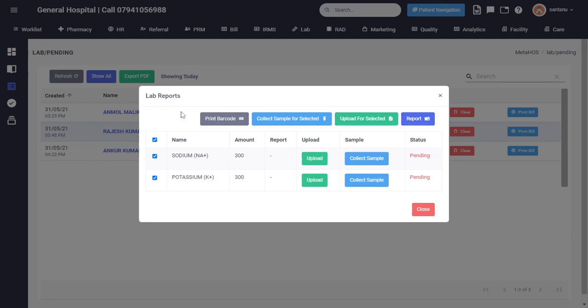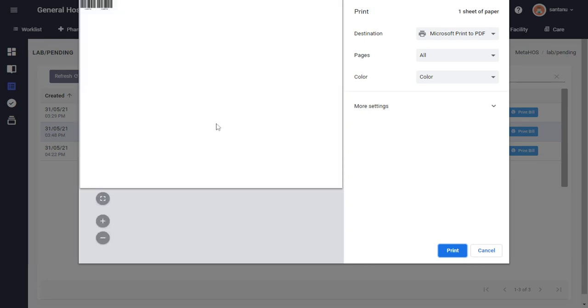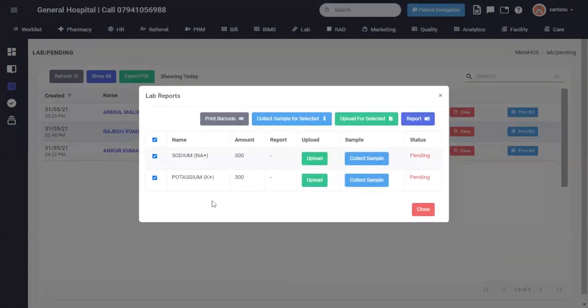So first, ideally the phlebotomist will print barcode to stick on the vials. So we will select print barcode. Once we select print barcode, we will get the option to print the barcodes on sticker paper. Once the barcode is printed, we can collect the samples, collect both the samples at one time, or we can collect the samples individually.